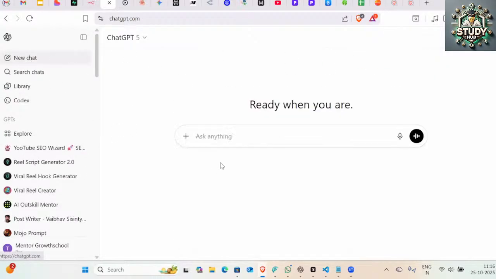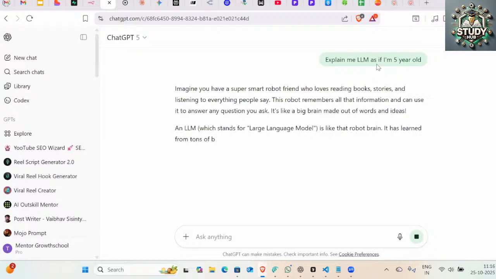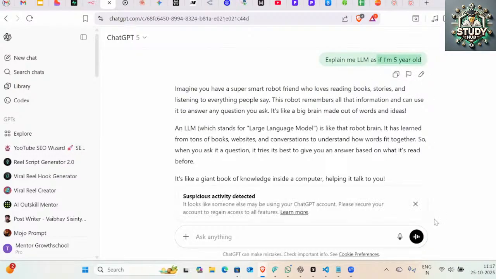But now, if I do the same thing, same query, explain to me LLM as if I am a 5 year old, what is happening now? The model has given more attention to this particular line. Same question, explain to me LLM, but I don't want a technical definition. I want you to explain it to me as if I'm a 5 year old. So the model has given more importance to this part.